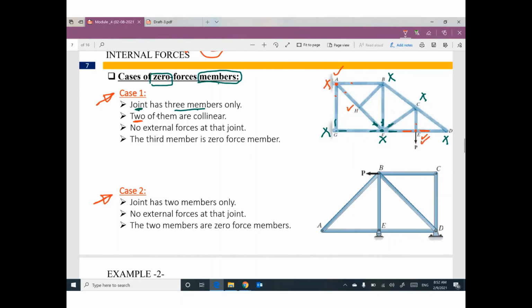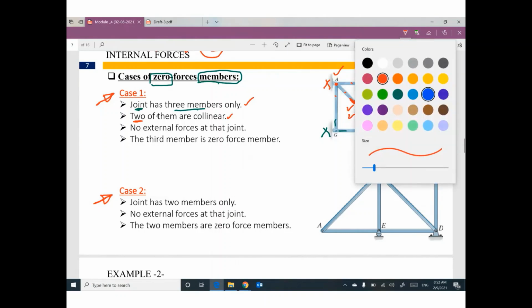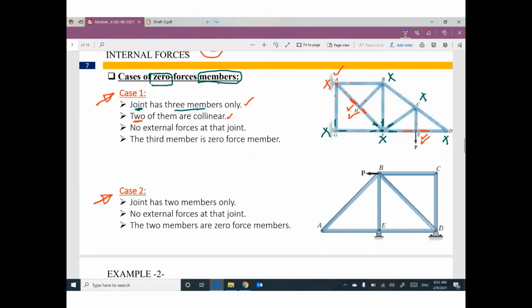For joint H, we have three members. 1, 2, 3. Do you think two of them are collinear? Yes, I think. This one and this one. So we're still good with joint H. So after the first condition and second condition, we have only two joints can be considered. Joint H and joint E. The third condition,